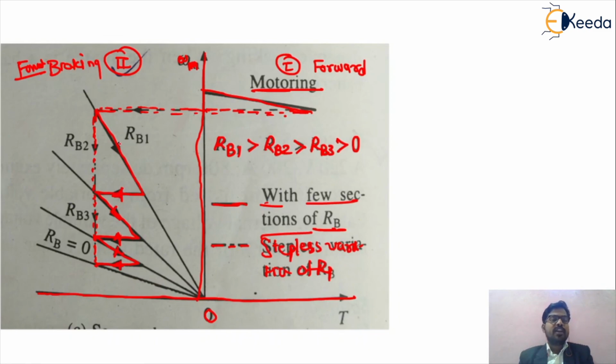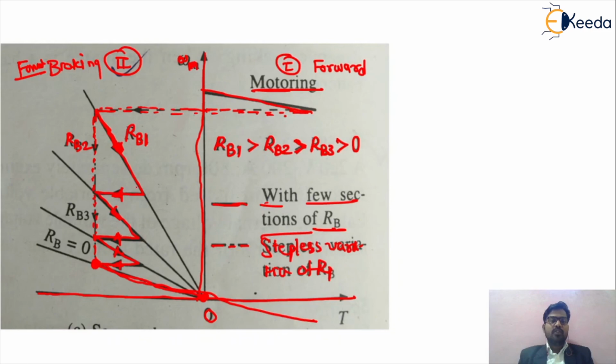By means of that characteristic for your braking parameters, we can conclude that the value of the braking resistor RB1 will obviously be more than RB2, and the value of RB2 is greater than RB3. At that time the braking is again 0, means your torque speed characteristic again moves towards its 0 operation. So this is called the performance parameters of your dynamic braking, or the different types of braking of your electrical motors.